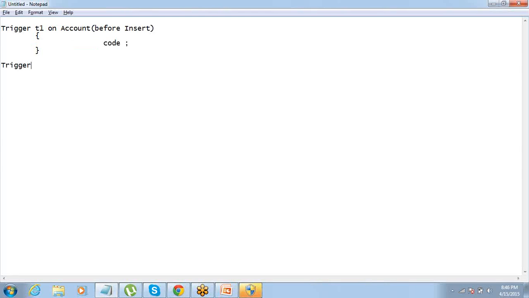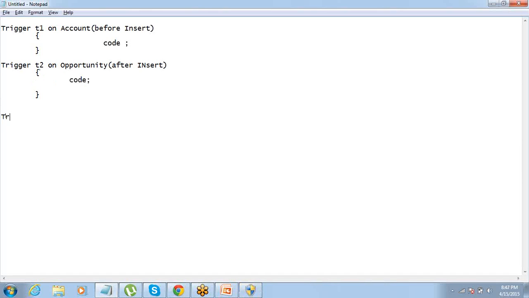If I write trigger T2 on opportunity after insert, this means the code that you're writing inside this trigger will get executed after a new opportunity has been created, because it's an after insert operation. Fine. So once an opportunity record has been created, this code will get executed.